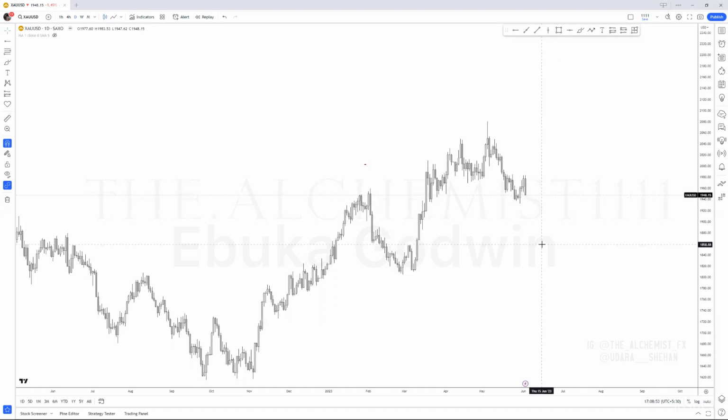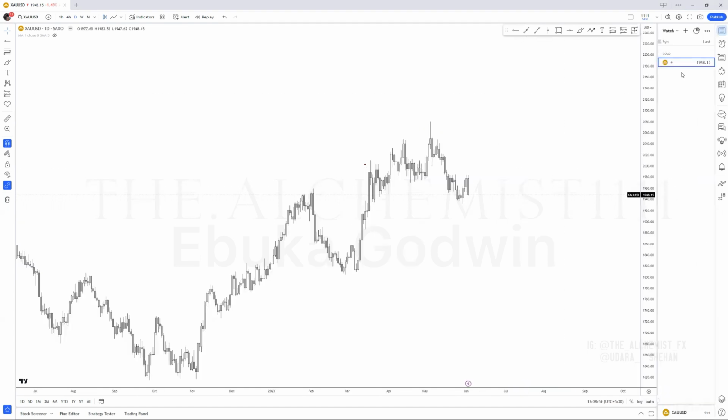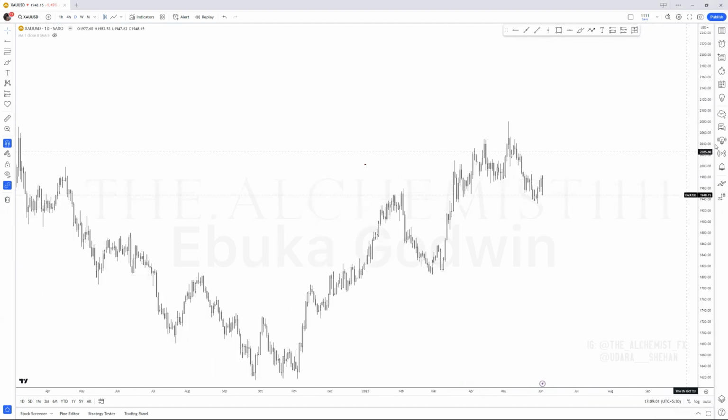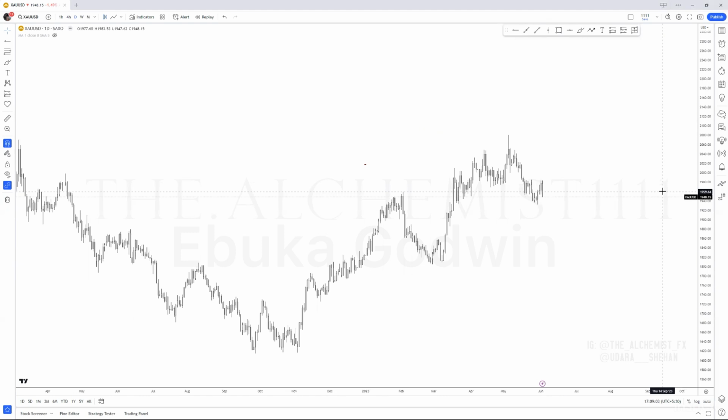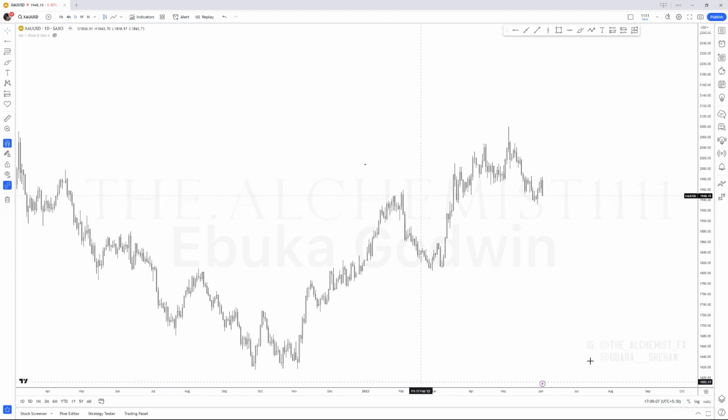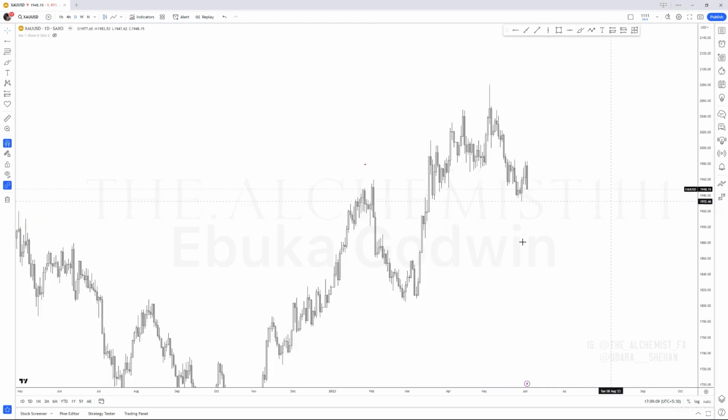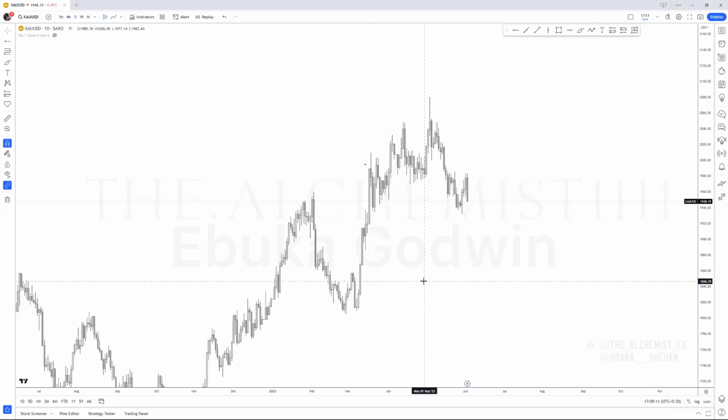Okay, so when dealing with SMC, we will only deal with liquidity here, because if you are trading EU or GU, like forex pairs, you need to add a little bit of SMC into it. By SMC, I mean not ranges and all that stuff. All we focus on is session liquidity, previous day high, previous day low, previous week high, previous week low, and previous month high, previous month low. That is the only type of liquidity that we will focus on. That's the only type of SMC involved.